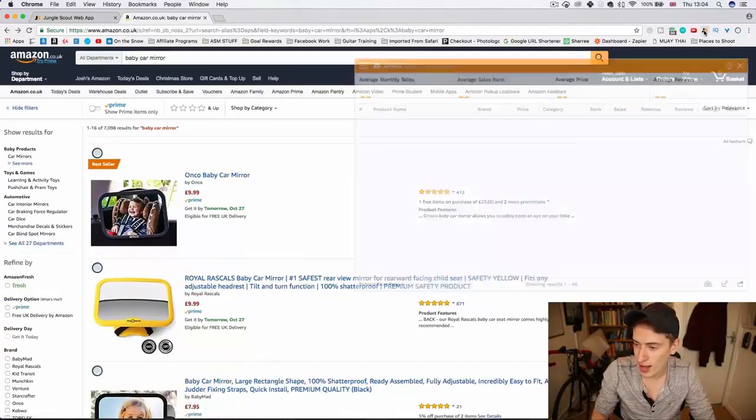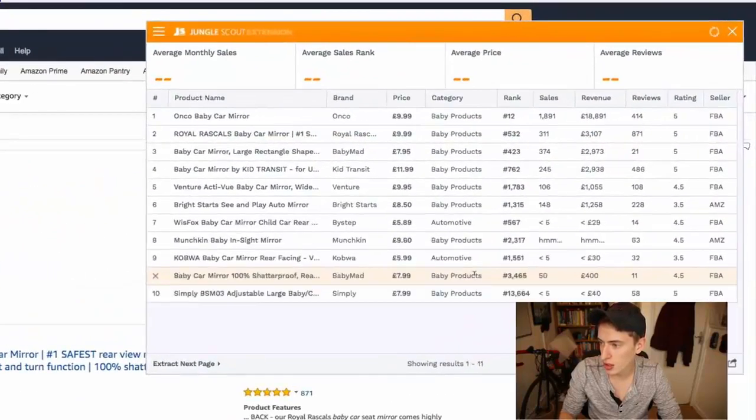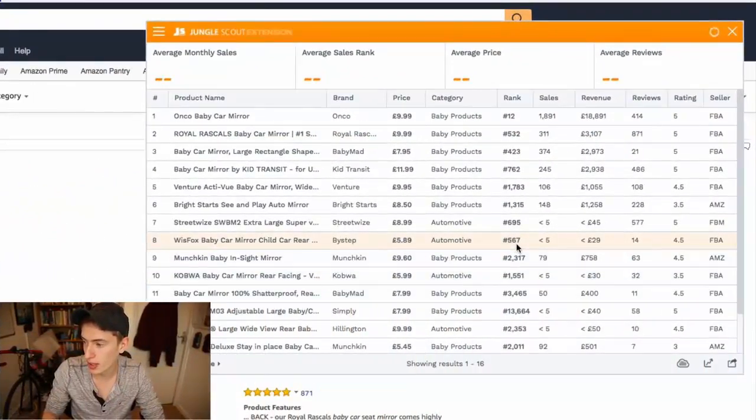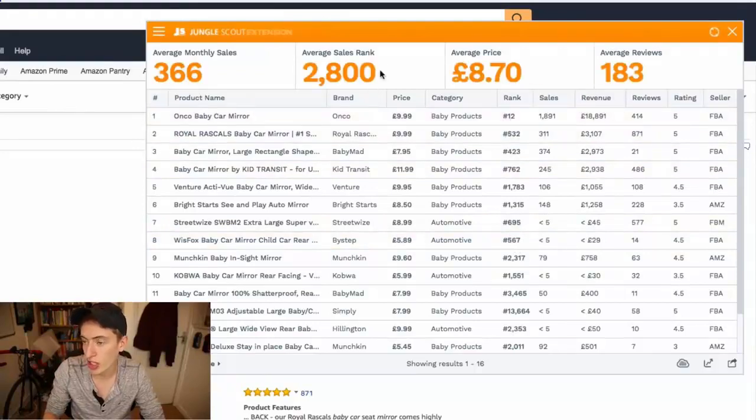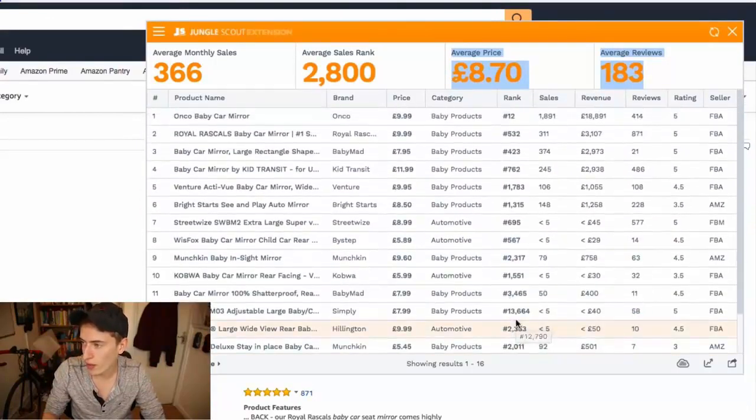Let's go to Jungle Scout, and what you can see is this product has pretty good BSRs. You can see 12. Okay, so the average is 2,800, which is over 1,000. However, if you go into it, you can see 12, or I'll just say under 1,000, under 1,000, under 1,000. So there are quite a few under 1,000. However,